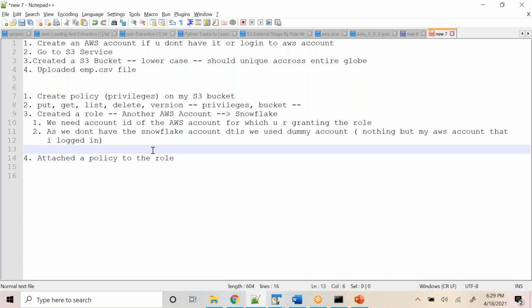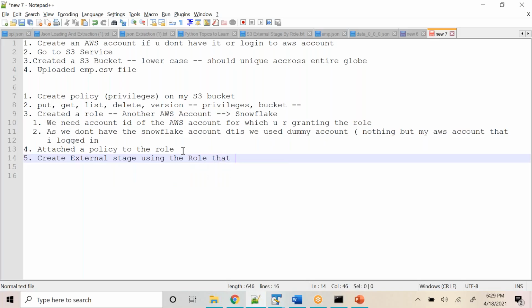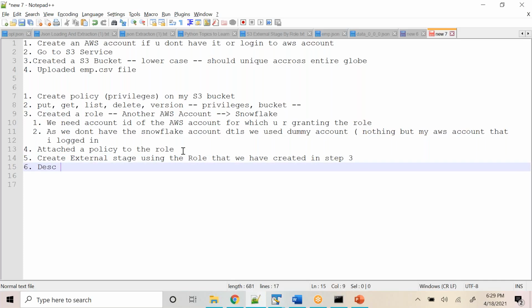And after that, what did we do? Attach the policy to the role. Okay. And then what did we do? Create stage, external stage, using the role that we created. Step 3, we use the role and created a stage, and after that describe the external stage,